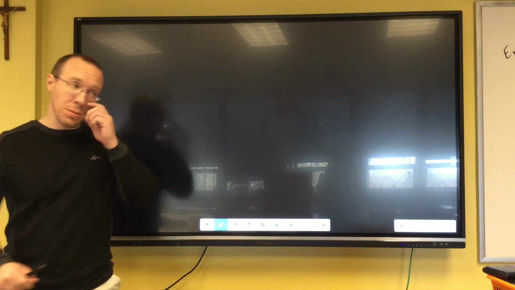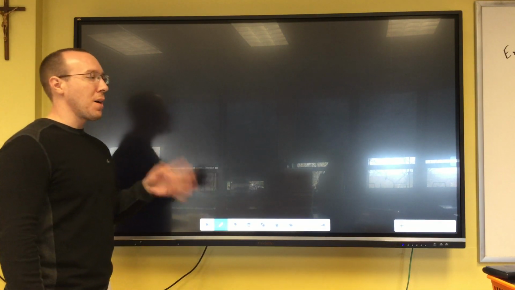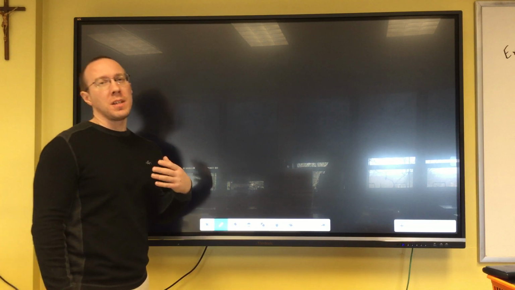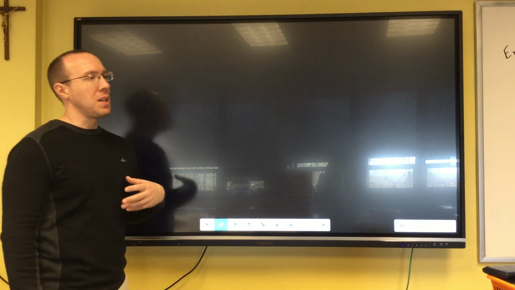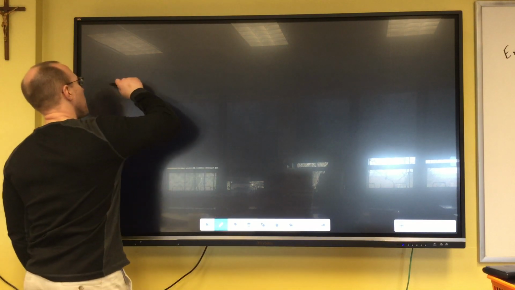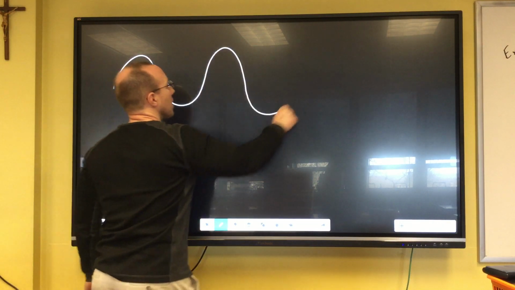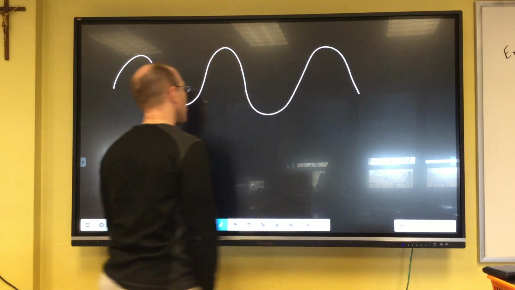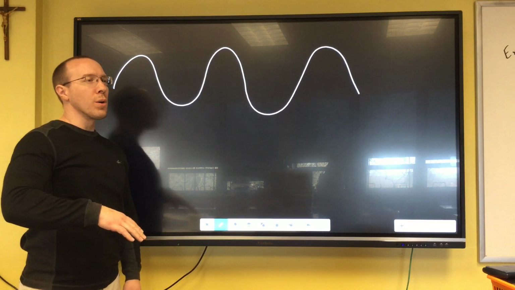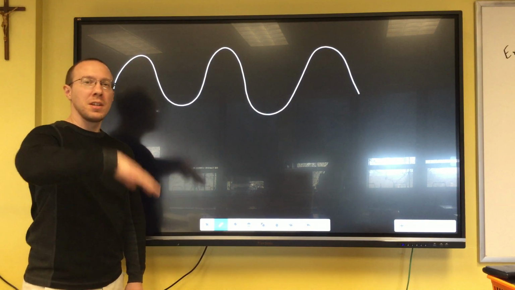Okay, so in the PowerPoint slides, I put up crest, trough, and different types of waves, okay? A transverse and also a longitudinal wave. All right, so first off, a transverse wave is our typical looking wave, okay, like this. Now an example of that would be waves in a string like this, or ocean waves, anything where you have